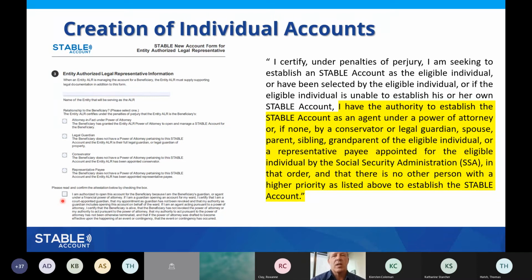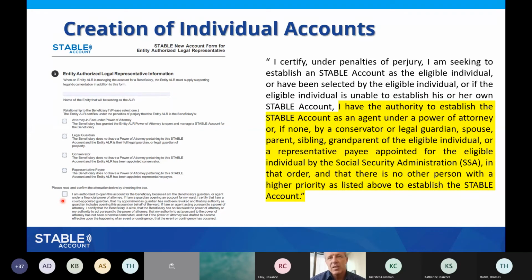So here's an interesting nuance that the IRS put into the law when they finalized their regulations. They have expanded the list of people, or designations, that can open and manage these accounts. But when they did that, they put a little rule in there for anybody lower on the list, and this list that I just read to you is in the exact order that the IRS listed it. You need to make sure that nobody higher in that priority list has either the willingness or capacity to manage these accounts instead of you.